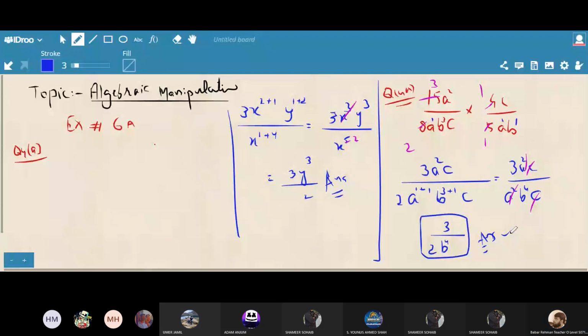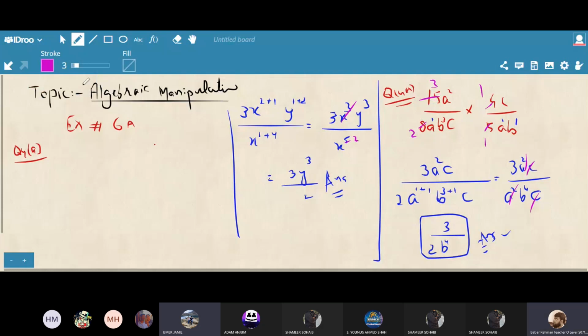This 2 was left because when I cancel 4 1 times 4, 4 2 times 8, the answer will come 4 upon 2. So remember, don't forget to write the simplification when you simplify numbers. So keep in your mind. Instead of writing 2 very far away, I should write this 2 very near to 8, so that I must know 5 3 times 15 and 4 2 times 8, so that I don't forget to write.